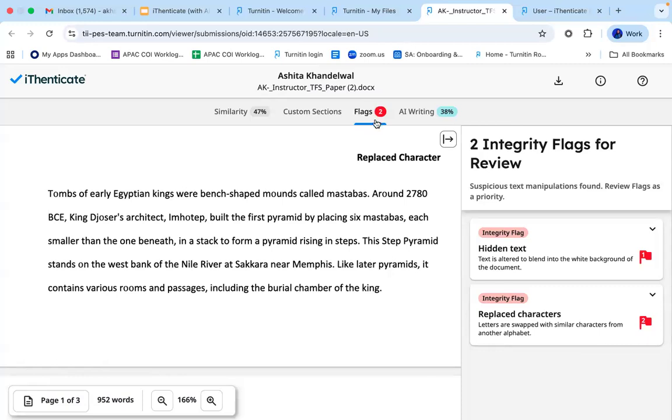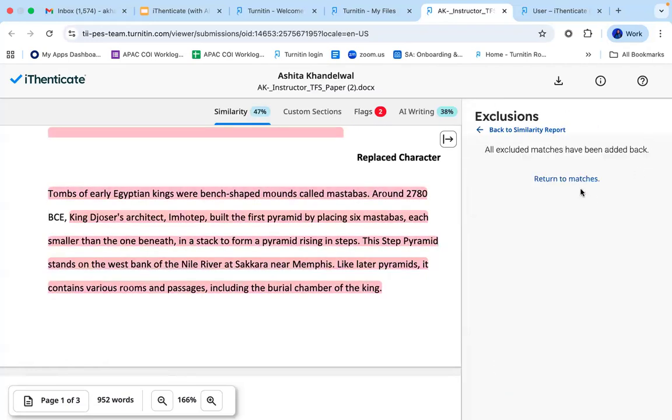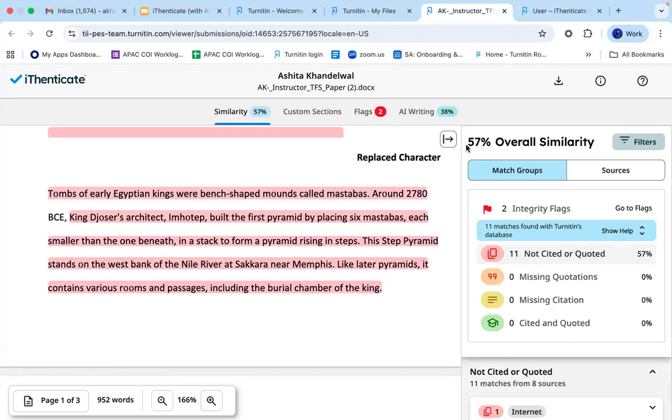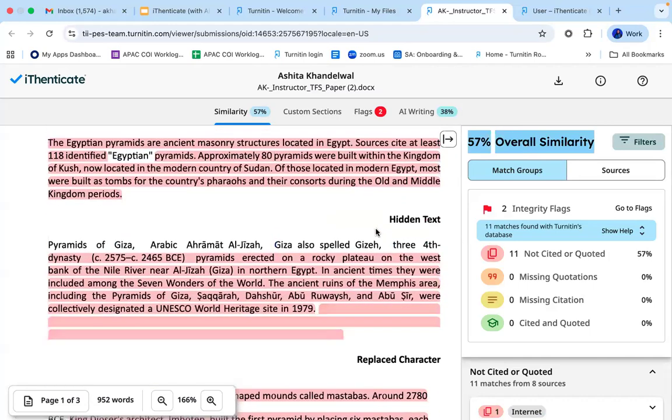After the flags have been seen, you can go to the similarity index report. It will show you an overall similarity report of your paper. Overall similarity report means how much of the text in this paper is found matched from other sources.